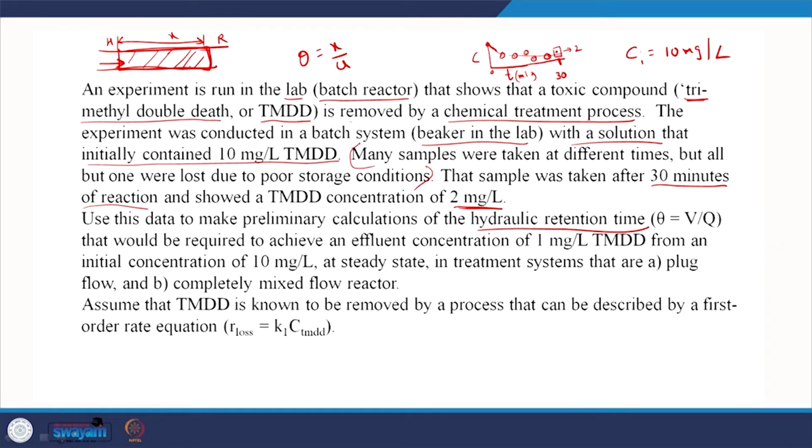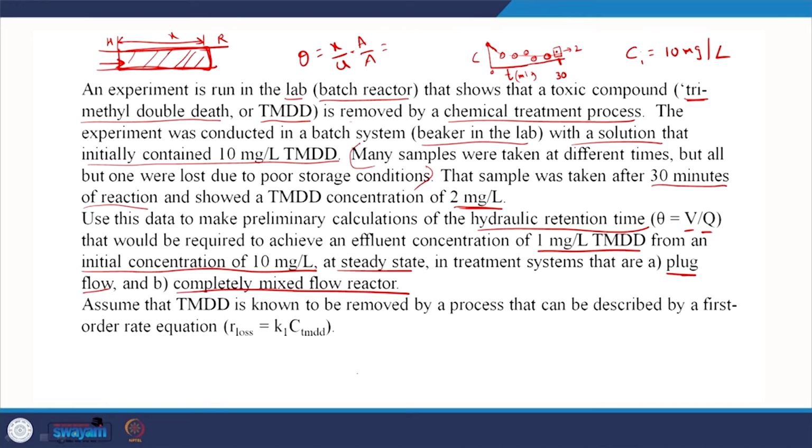So, again if you multiply that by cross sectional area, that is going to be equal to, I guess in a way, V by Q, right. So, what do we have here? We are asked to calculate the theta that would be required to achieve an effluent concentration of 1 TMDD from an initial concentration of 10 at steady state in treatment systems that are